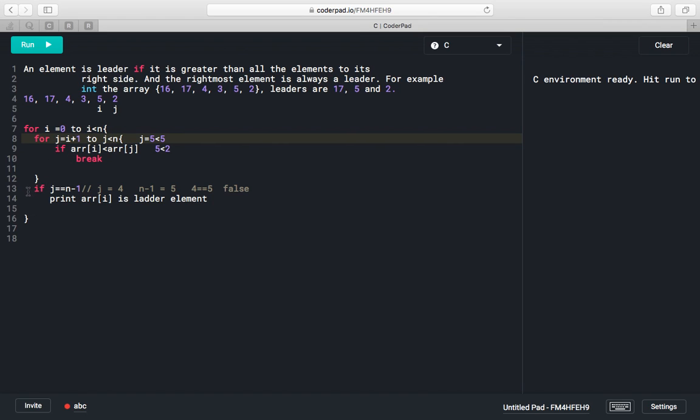So we will come to line number 13. We will check, j will be 5 here. 5 equal to 5 or not? Yeah, it is true. So we will print 5 as a ladder element. Okay. So again we will increment our index and